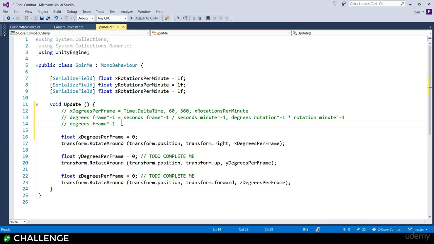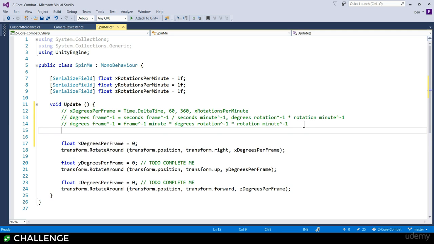degrees per frame equals. I've done this. Seconds per frame over seconds to the minute to the -1. What is that? Well, it's just frame to the -1 minute. Okay? That's what we've got so far from these two. If I then multiply that by degrees per rotation and multiply by rotation per minute, let's do one more line of working so you can see all the maths working. What happens? Well,